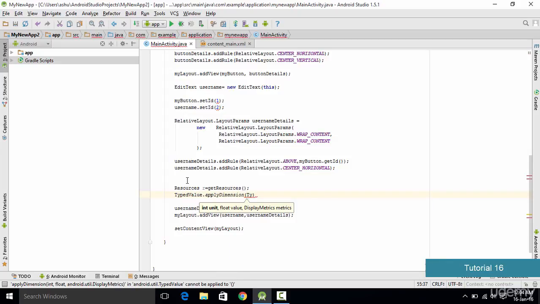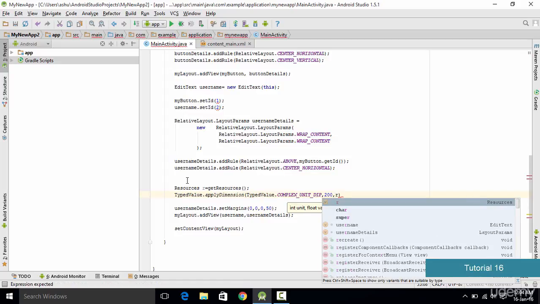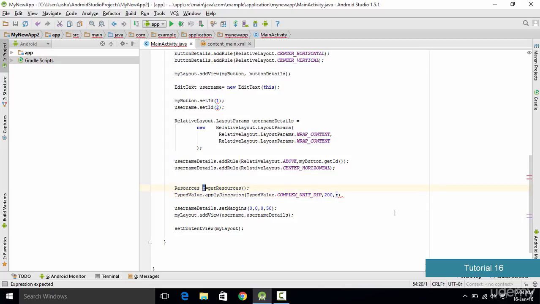So we type TypedValue.COMPLEX_UNIT_DIP, and that's going to be the first parameter. The next parameter is the number of pixels which we want to translate. So let's say 200, and the third value is going to be the resources. So we type r, which is the object which we have created right over here, and then we